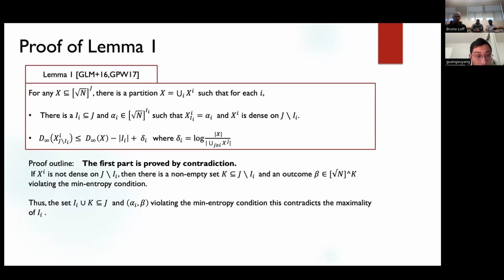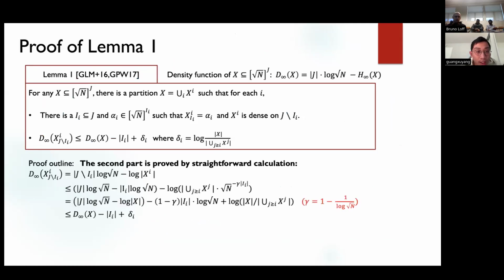Okay, this is the first part. This is the second part. The second part gives the density function change after you do this kind of partition. This is by calculations. Since we say the gamma is a constant, we have simplified this result. So I was kind of expecting that